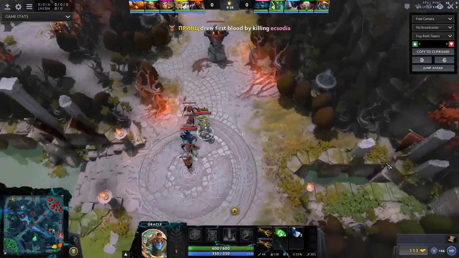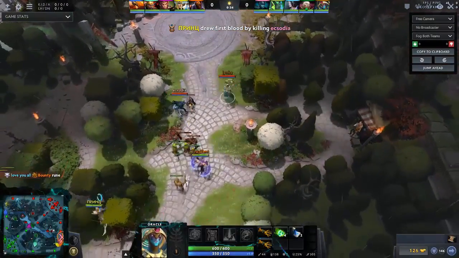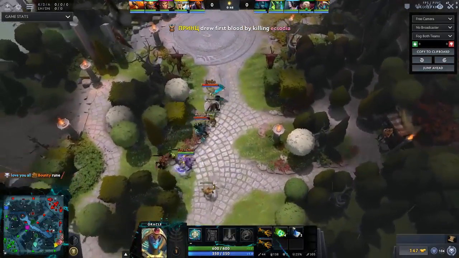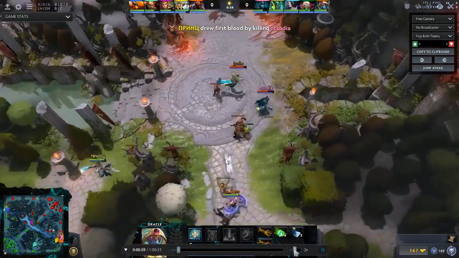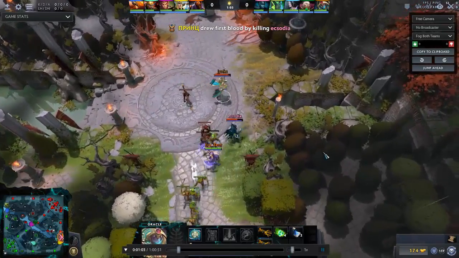Okay, so here we're just going to be watching his laning stage on 2x speed, and we're going to talk about a few things that he's doing wrong or could be doing better. As we can see, we're actually going to slow this down so we can talk about it a little better. There's no harassing going on. He's not harassing this anti-mage at all, and that's a very important thing that you need to do as a